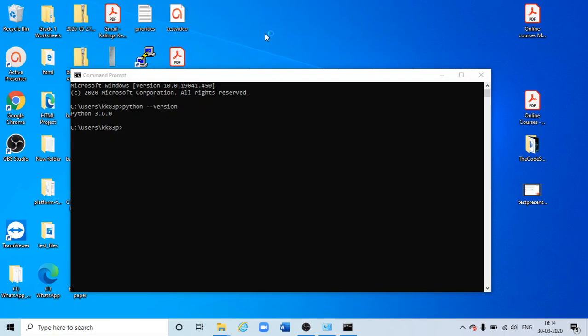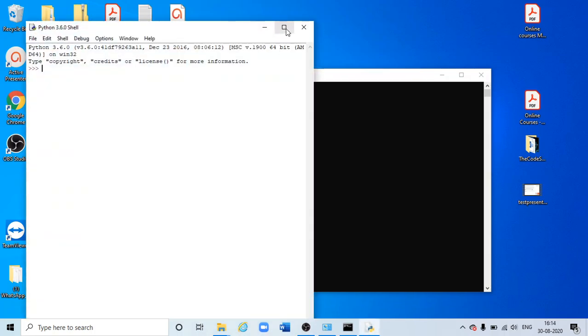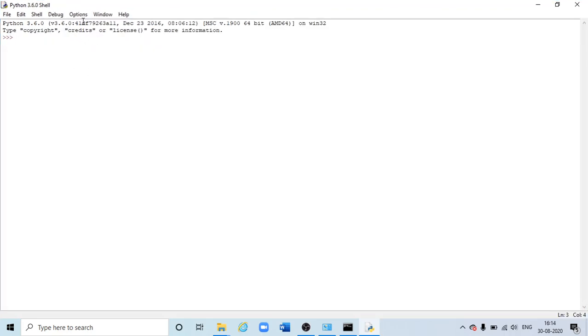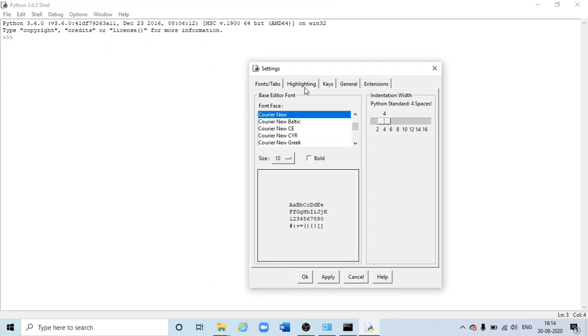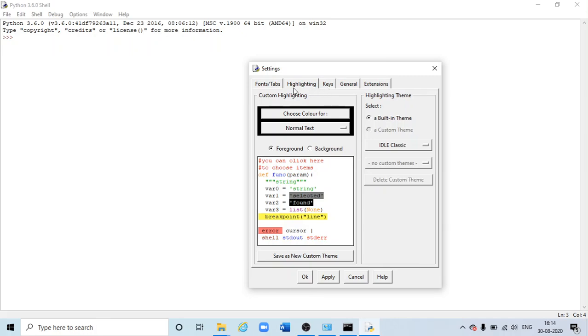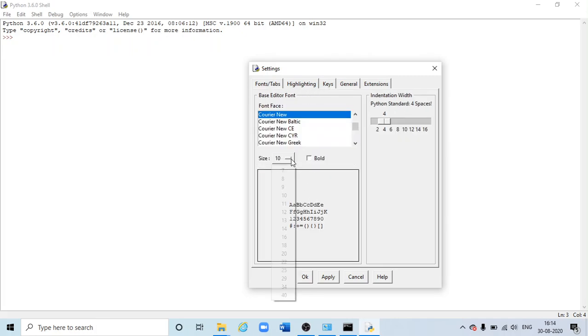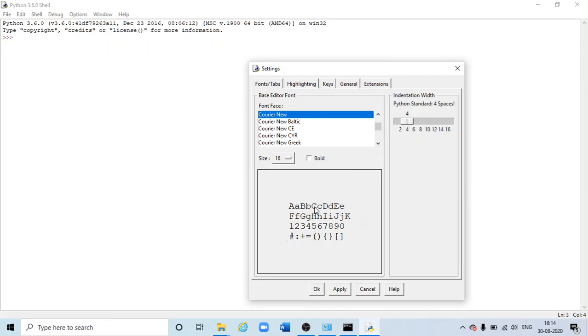So this IDLE is the integrated development environment for Python. So here I can go to the option configure IDLE, then my font is very small actually, so I want to make it slightly bigger, and if I can make it bold also it will be good for me.